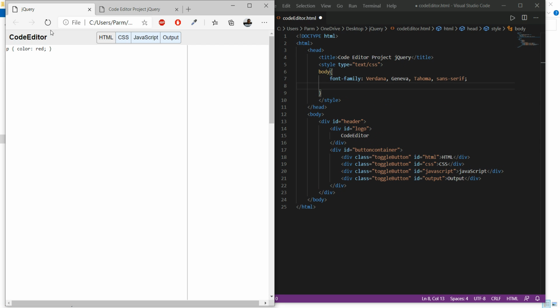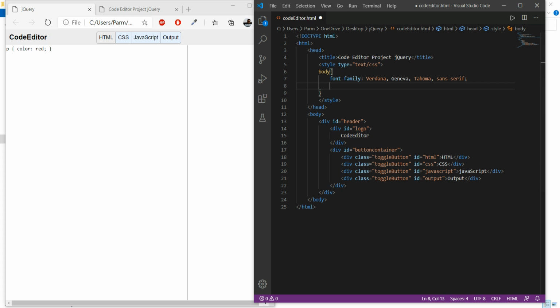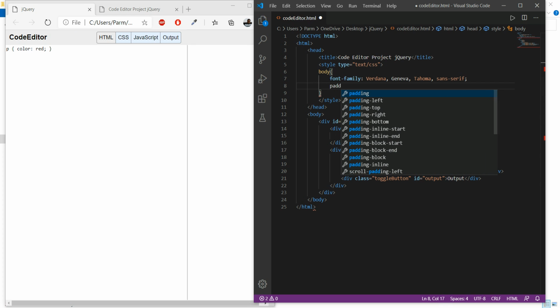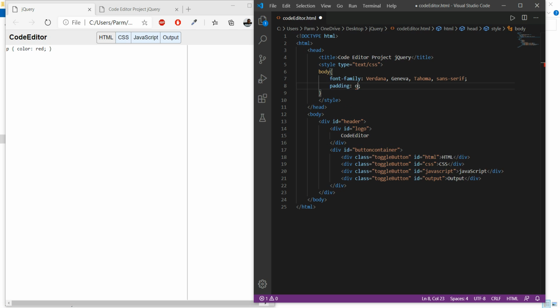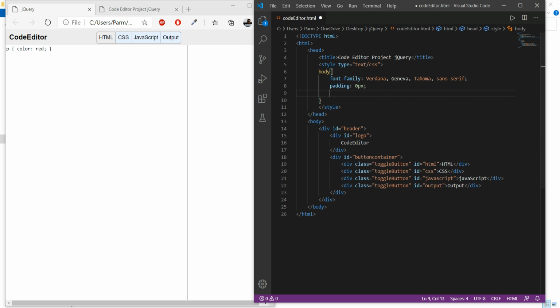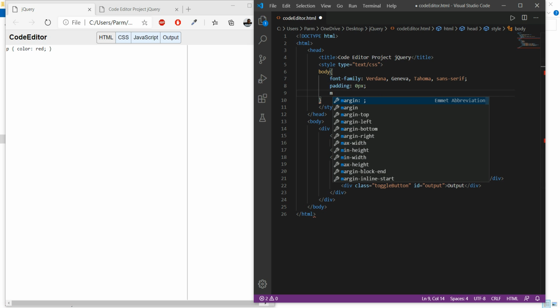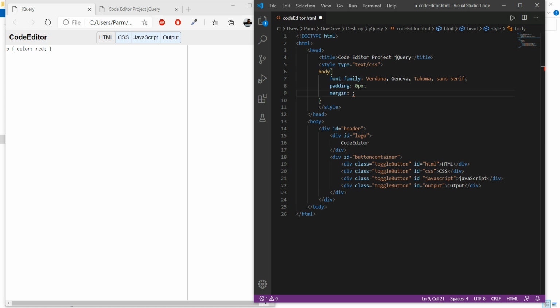And now, if we look at this, there is no padding over there and there is no margin over there. So here we have to specify padding 0 pixel. Then here we have to set the margin, it's 0 or auto.